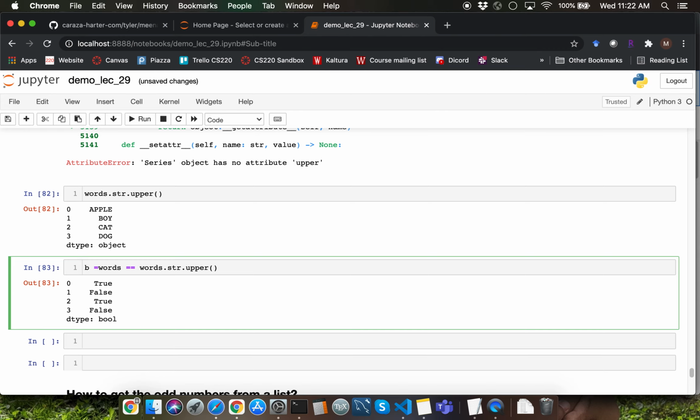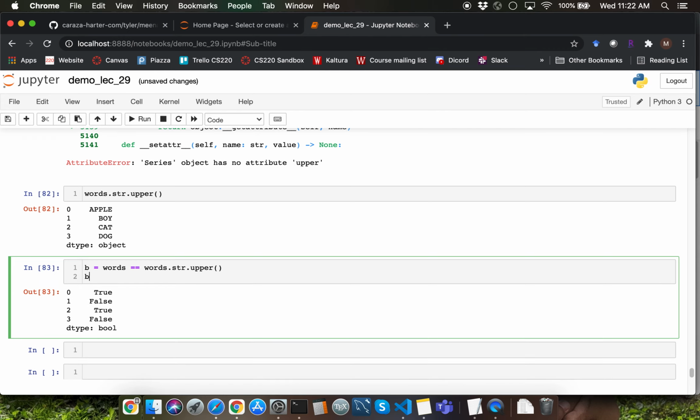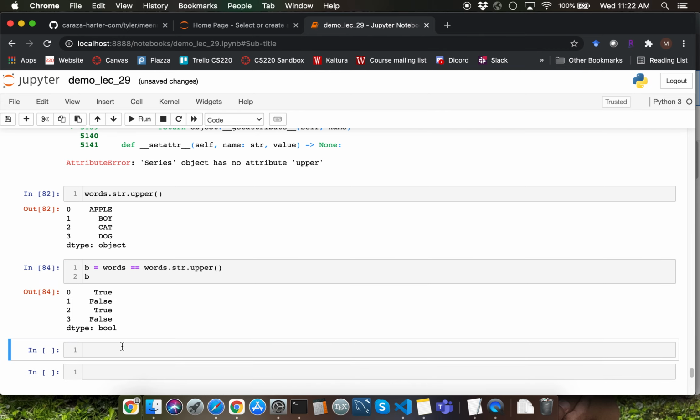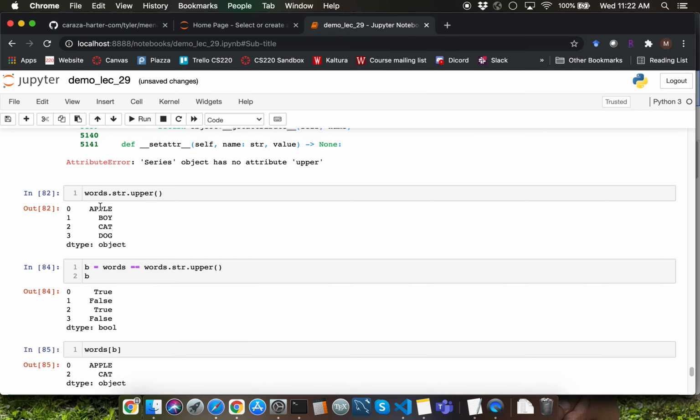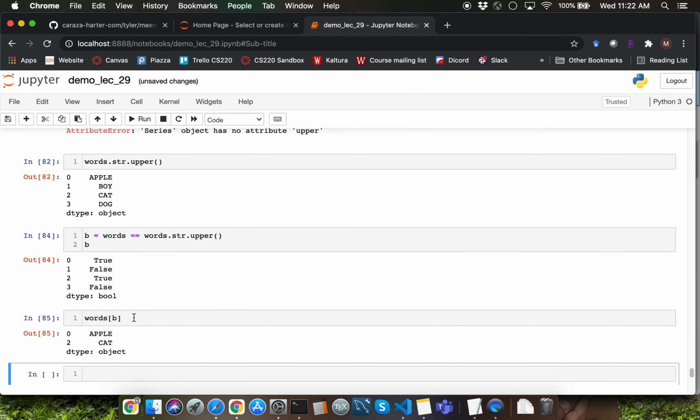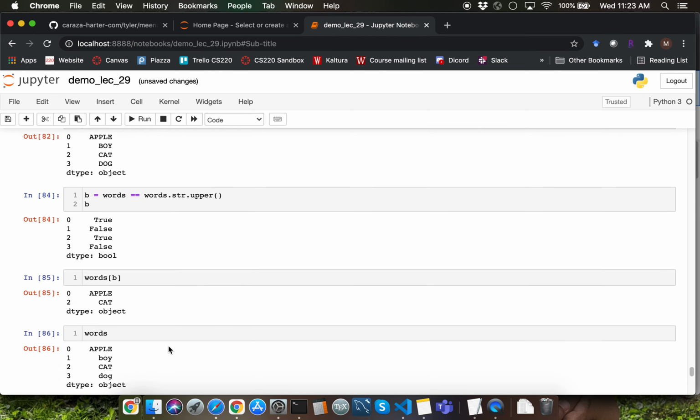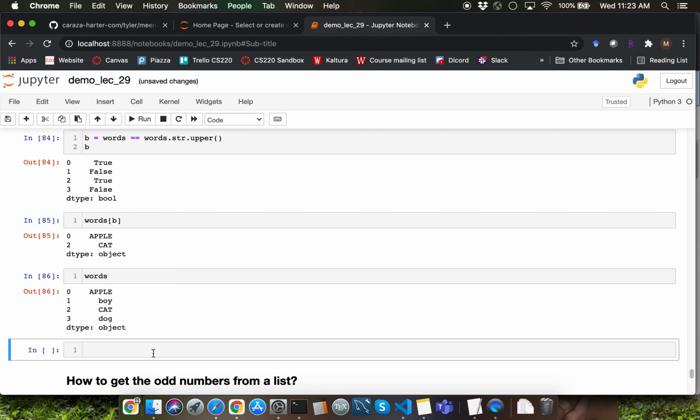We can capture that into a variable called B, and then we can apply the Boolean series back to words by specifying words of B, and that's now going to enable us to retrieve the values which are in all caps and the corresponding index values which are going to be 0 and 2 from the original series object instance here. Let me go ahead and display words really quickly before I show you the shortened version of the solution for this problem.